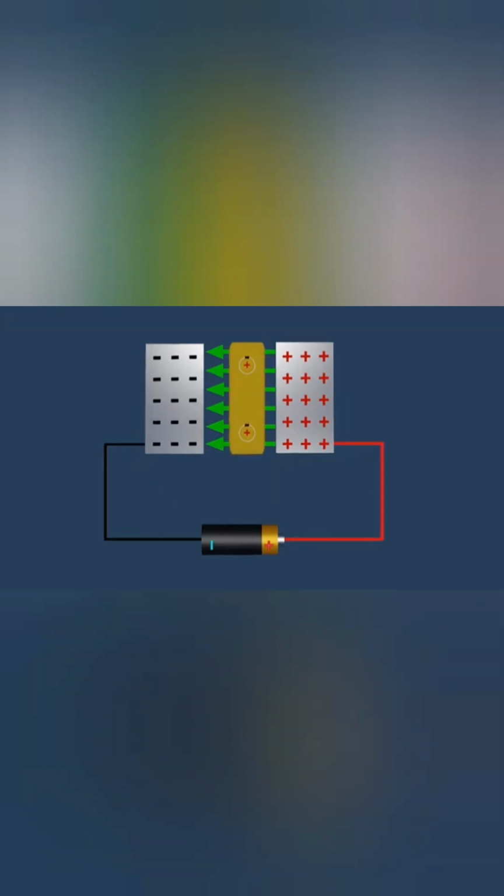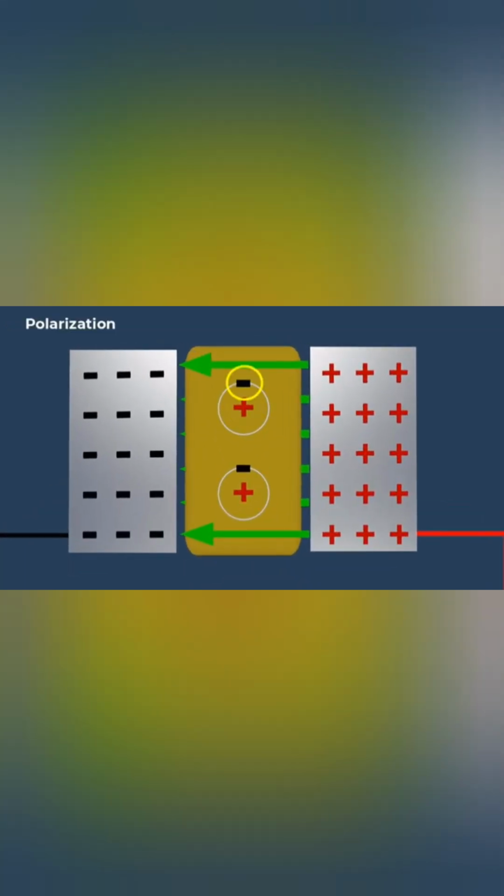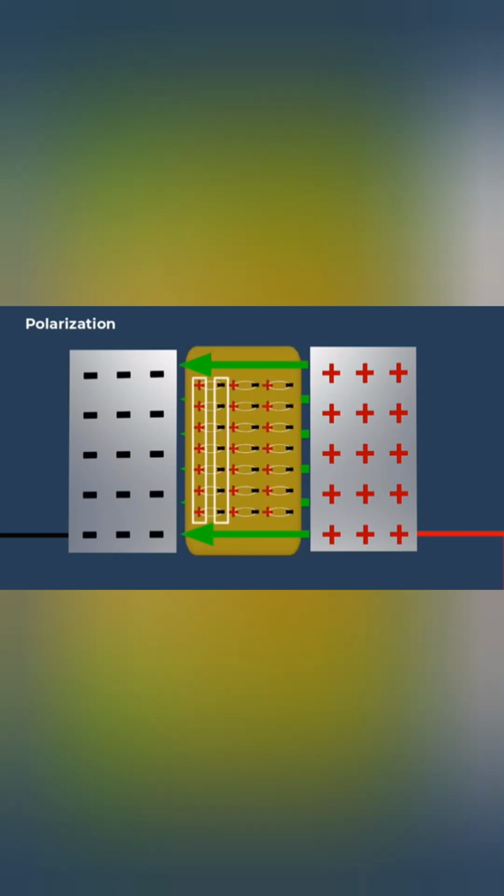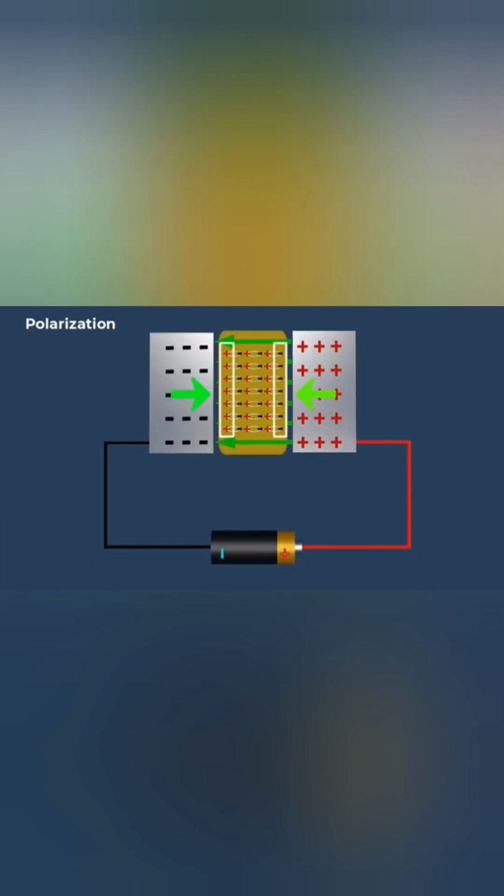between the plates. Positive and negative charges within the atoms of the dielectric material separate, due to the influence of the external electric field between the plates. This separation of charges is called polarization. A pair of opposite charges separated by some distance is called a dipole. Polarization produces layers of opposite charges on the surface of the dielectric material, that attract more charge onto the plates